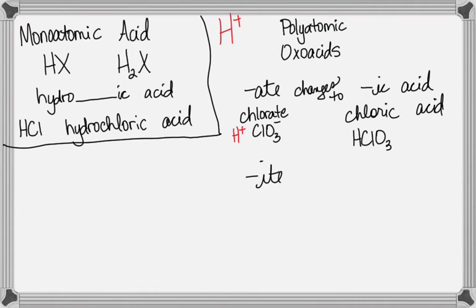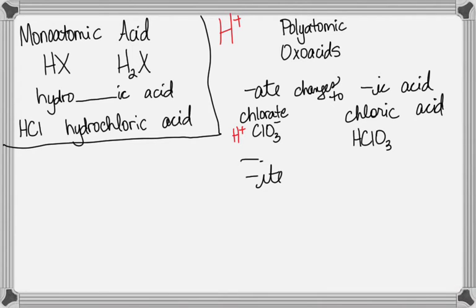You can't put a hydro in front of it. Look at what's in my box. When there's hydro in front of it, y'all, that's telling you it's H and one other element. When there's not a hydro in front of it, like right here, that's telling you it comes from a polyatomic ion. The word acid tells you it has a hydrogen on it. So you can think of it like this: on the polyatomic ions, you're not naming the H, but it's there. Okay? And that's how you're going to distinguish them as to whether they start with hydro or not.